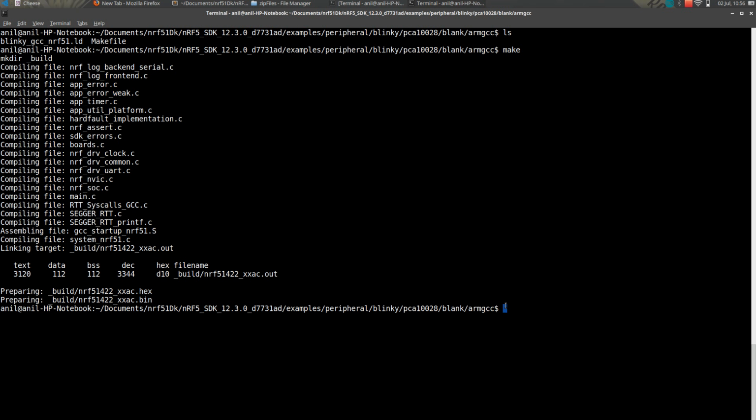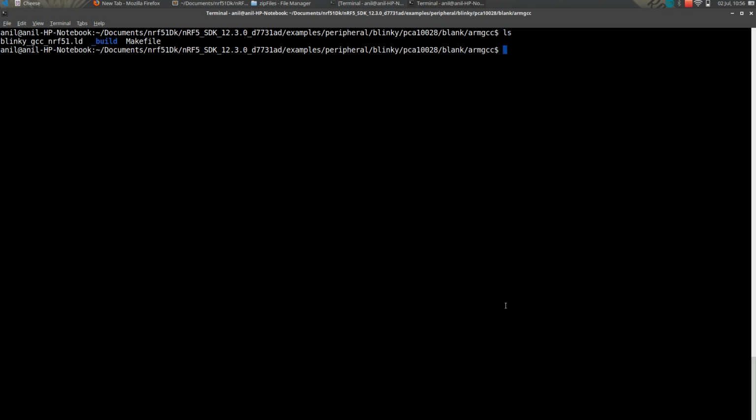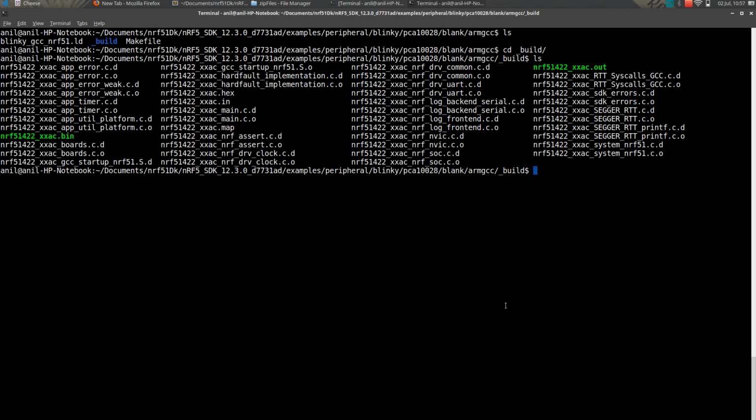Okay. So if you clear the screen, you will see one build folder. Go to the build folder, and there are many files here, but like I said, the only file we are talking about is the .hex file, which you can find here somewhere.